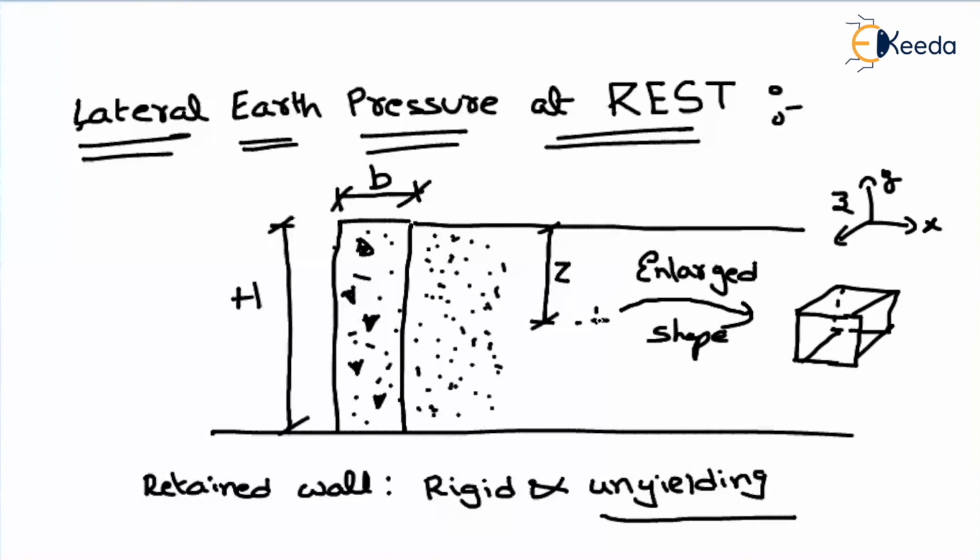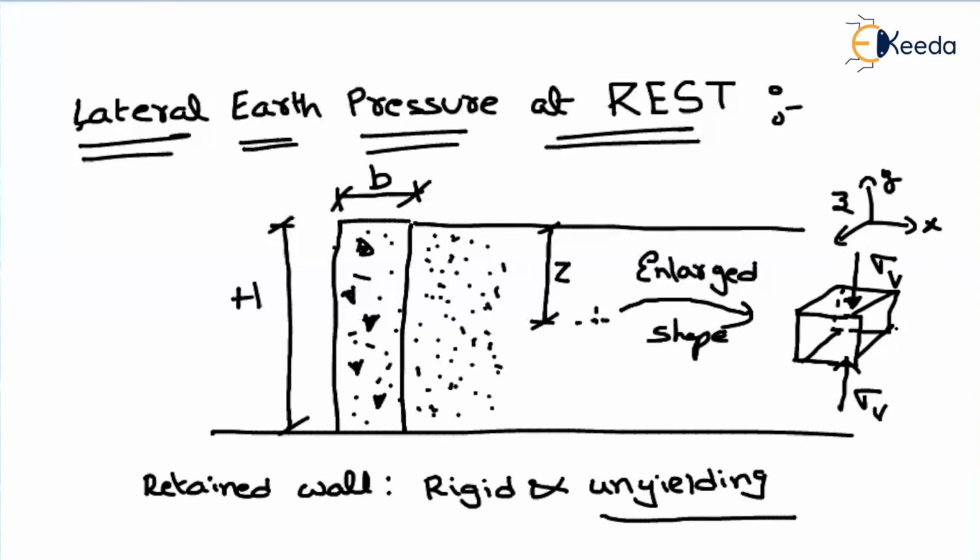At this point, if you observe, above the point the soil is retained up to a height of z. Because of the weight of the soil, we will generate vertical stress. That means stress will develop along the vertical direction. That's what I am considering as sigma v. From the resistance at the bottom surface, it will act in the upward direction.